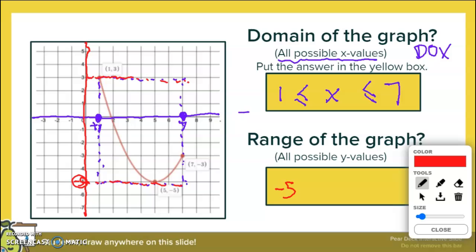That's the lowest number. The smaller number is on the left and the bigger number is on the right, just like what you see on the domain and range. Smaller number on the left, bigger number on the right. And this time we're dealing with the range, so we're dealing with the y values, and we're going to use the inequality opening to the right. You can read this as all y values between negative 5 and 3.